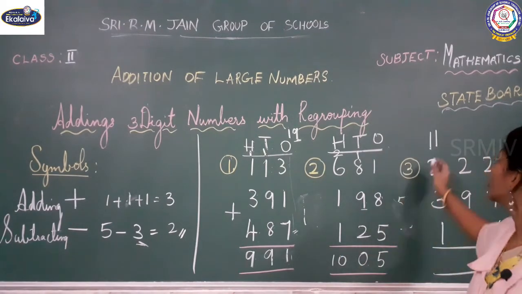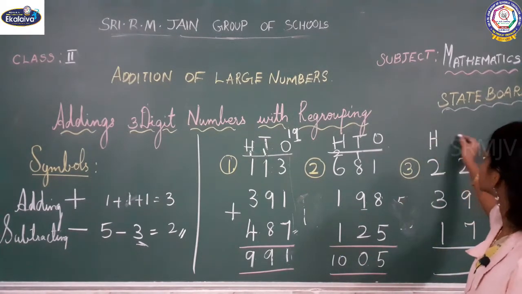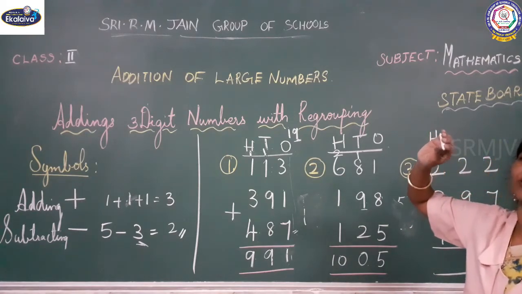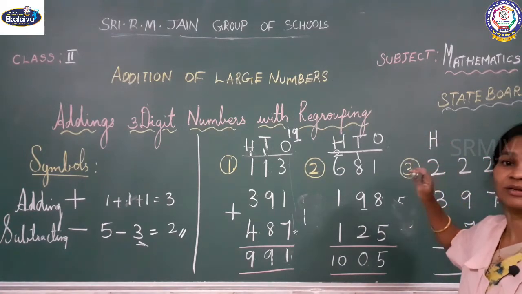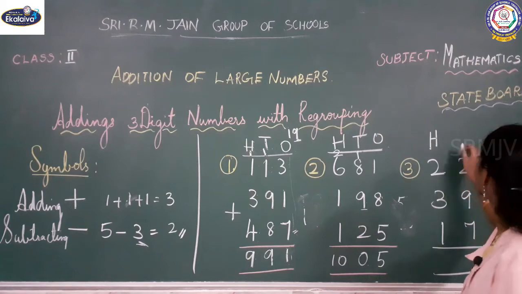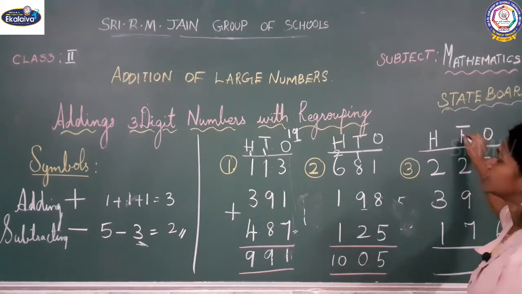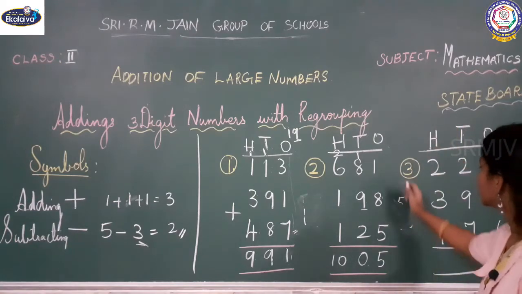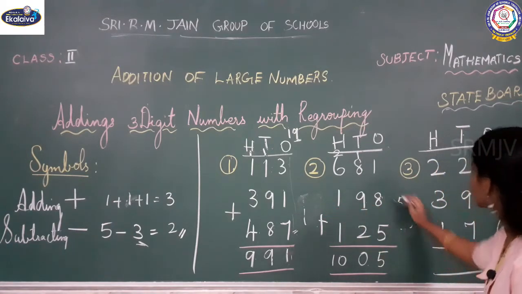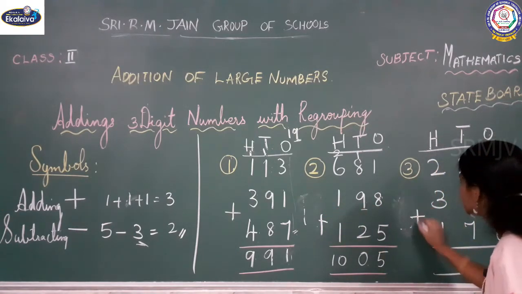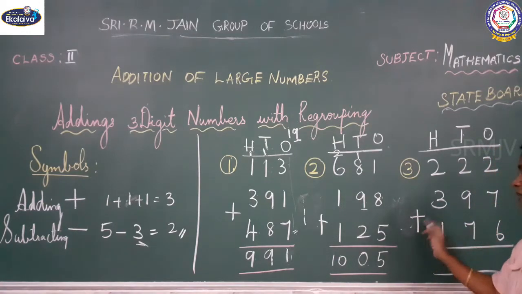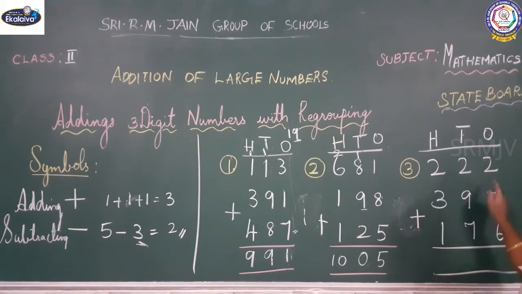Okay. Again, we have to write for every sum. If you go to the 4th standard or 5th standard, no need to write this and all. That time you know very well about this. We have to write this. Ones, tens and hundreds. Then what do you have to write? Here again the symbol plus. The plus sign we have to write here. Okay. 222, 397,